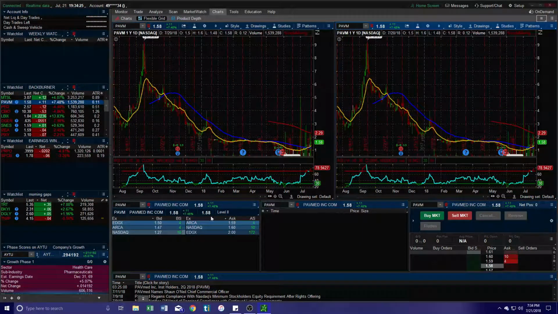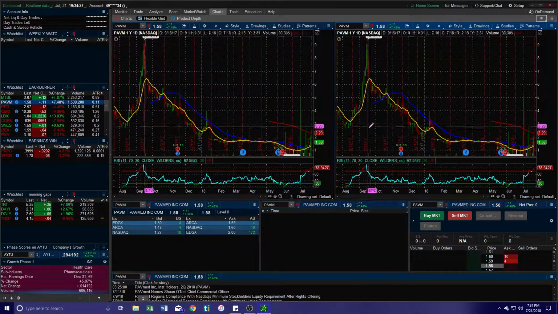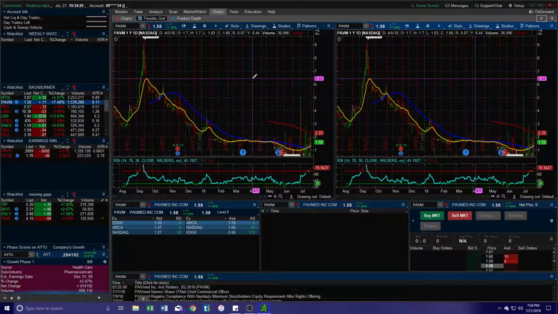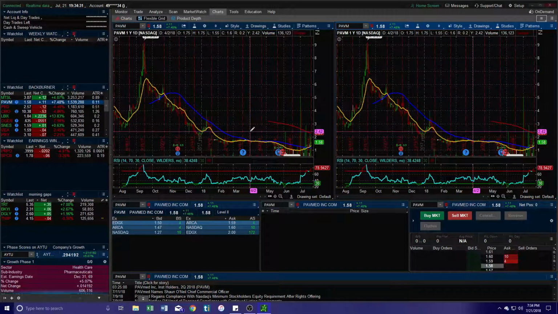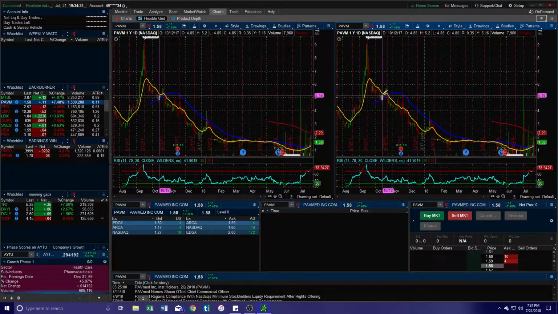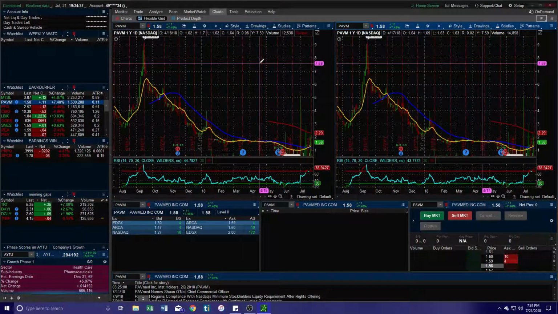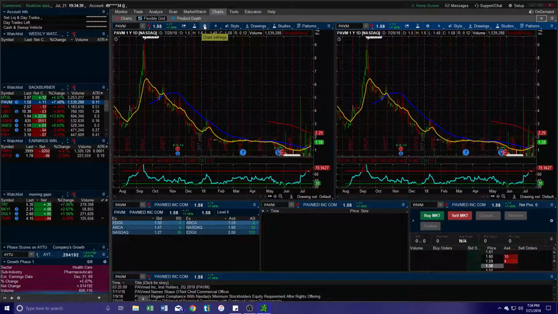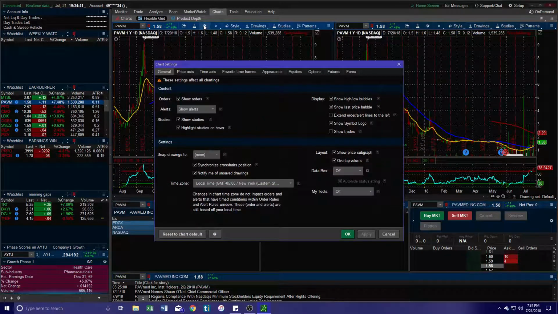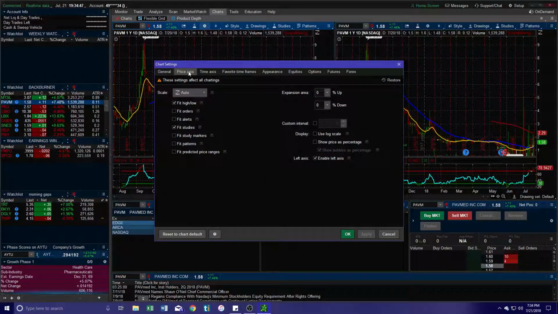And you guys can customize it the way you want. This is what's cool about this platform. So from here, we're going to start going into how I want the chart to look. And how I do that is first I'll start with the gear tab. How do I want my chart to look? I'll come over to the price axis,